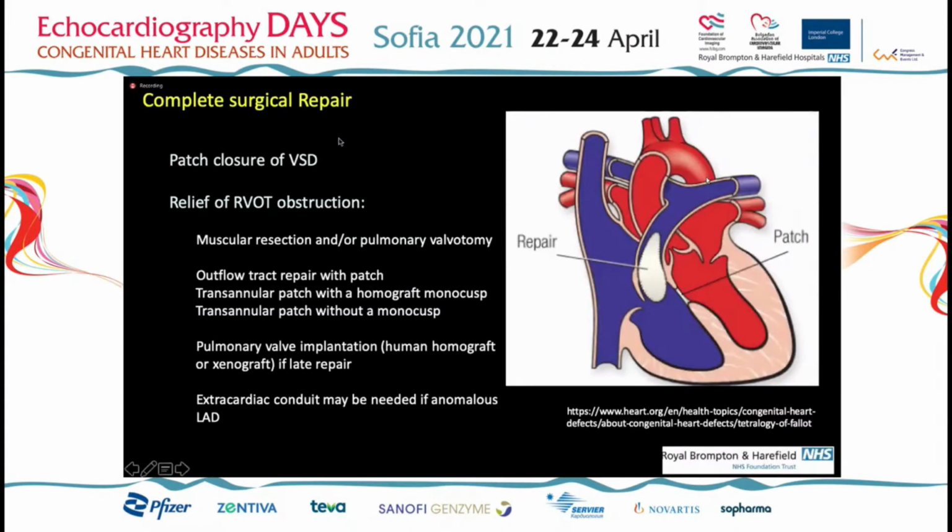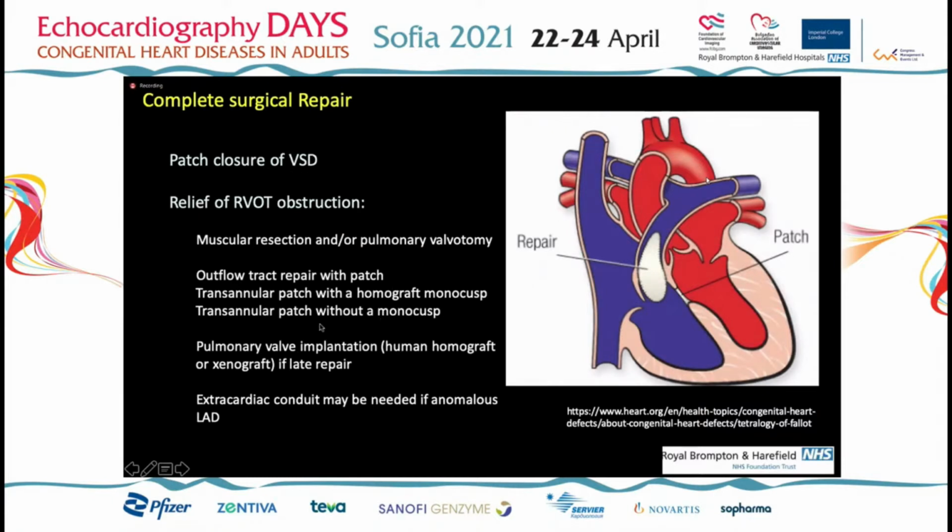Then once our baby is big enough to undergo complete surgical repair, he would go for the classic repair of Tetralogy of Fallot, which would basically be a patch closure of the ventricular septal defect, then resection of the muscle bundles in the RVOT obstructing the subinfundibular, subpulmonary area, and then a patch repair that could be extended across the pulmonary valve or not,